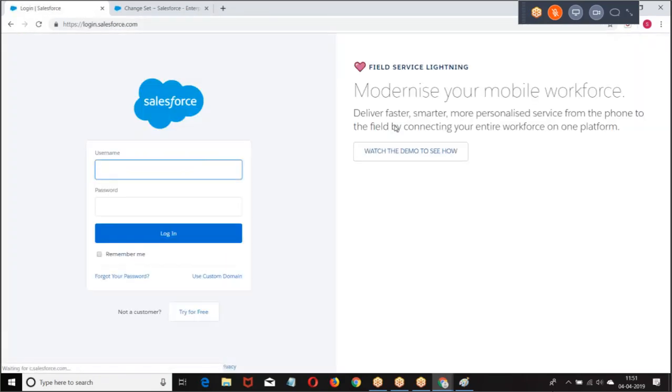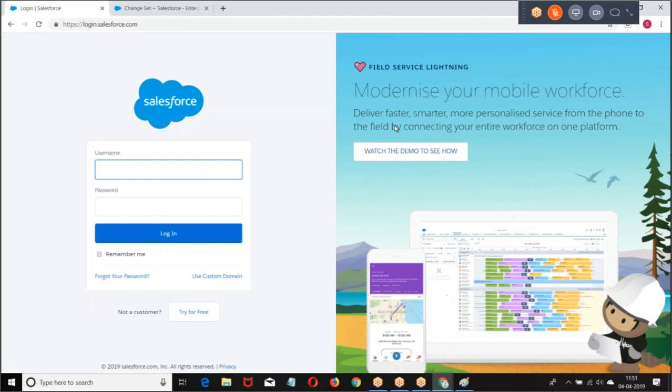Now, what is the concept we have? Outbound change set, inbound change set. In the sandbox, we create an outbound change set and upload to production. When you upload to production, in the production, we receive an inbound change set. When I receive an inbound change set, validate, then deploy. I hope you're good. Clear for everyone? So let us go to the next concept.